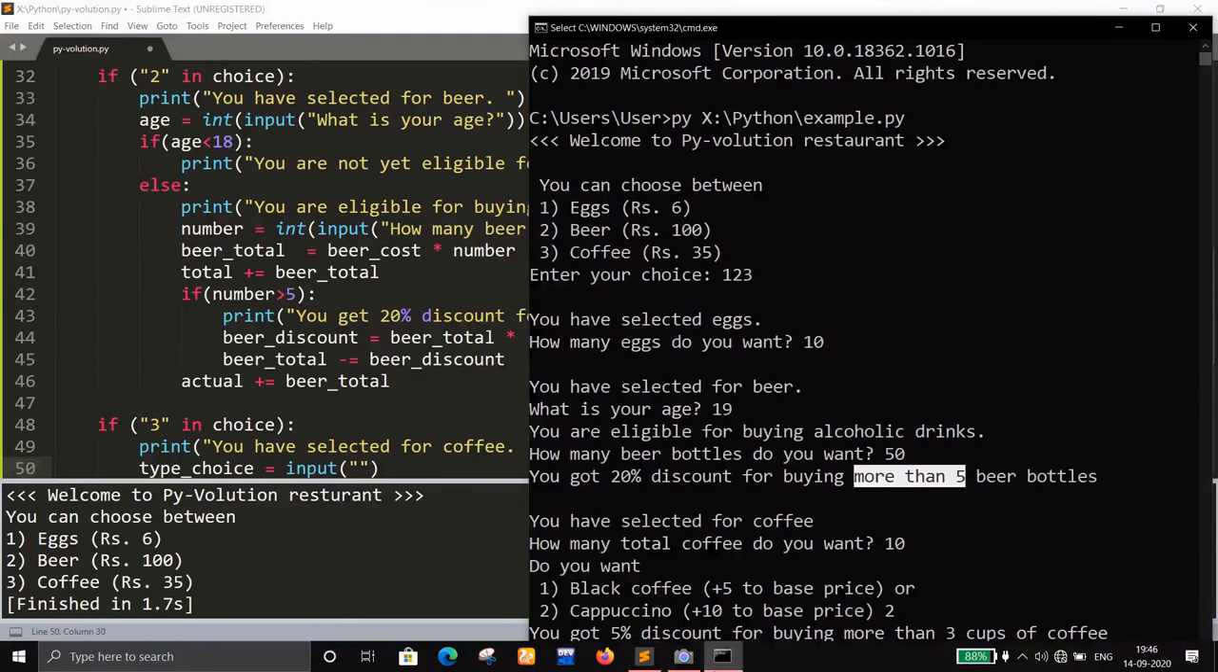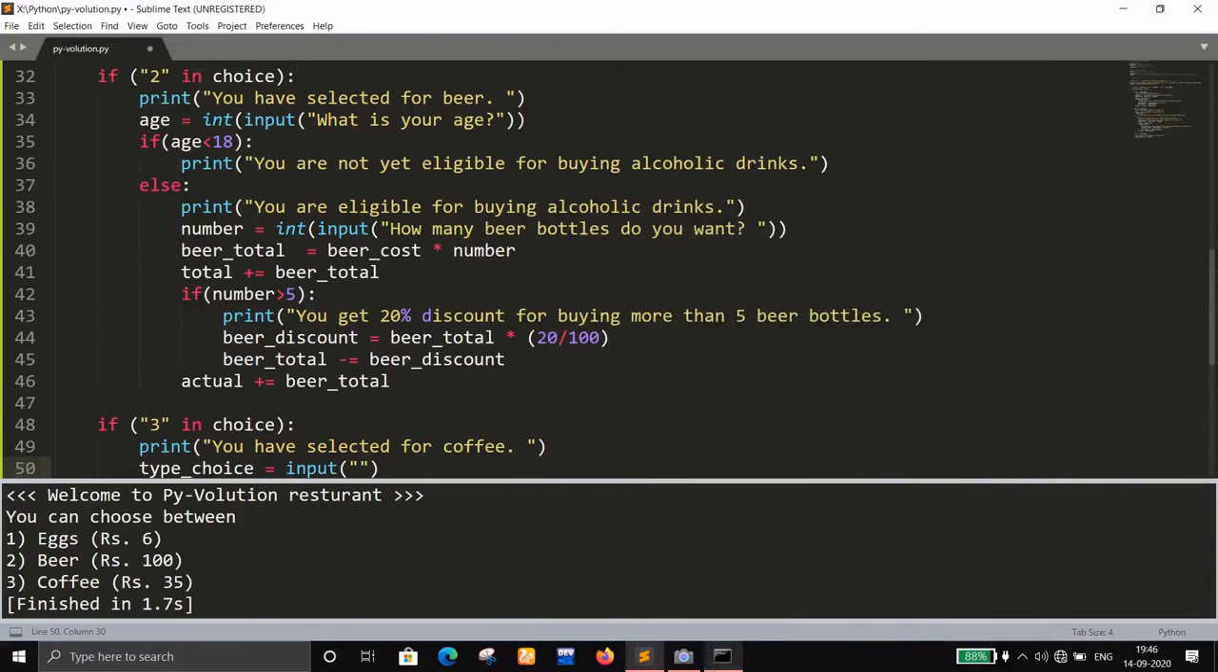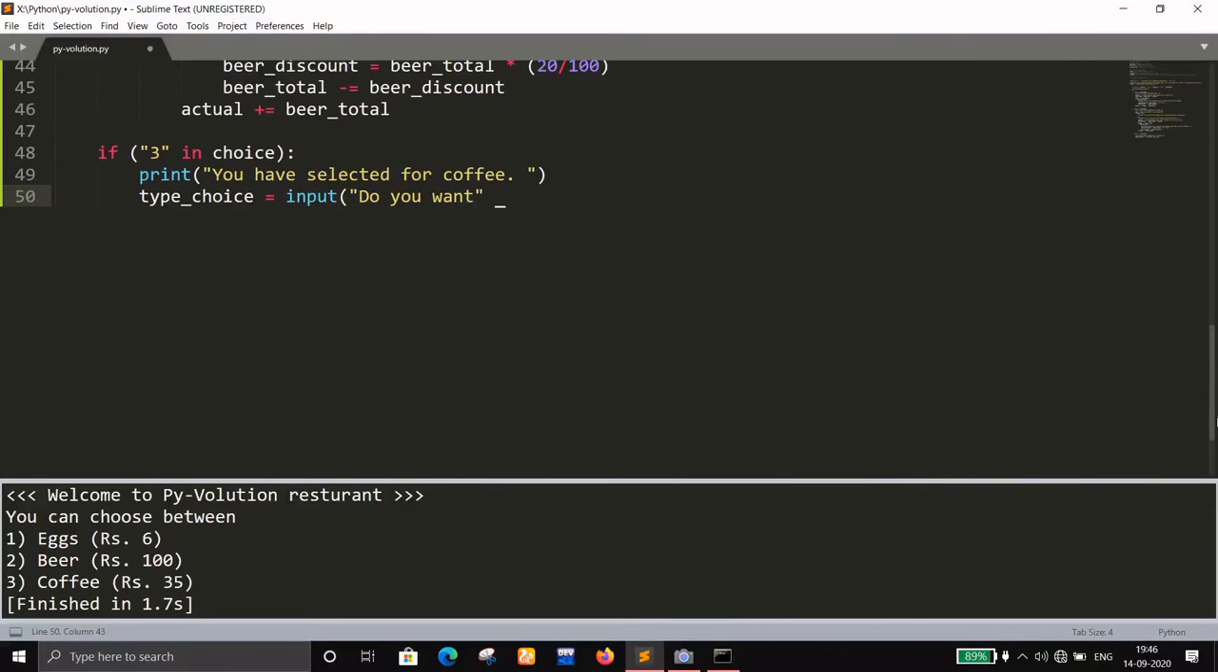Okay, what was the program? So do you want black coffee or cappuccino? So again, do you want... you give this to make the interpreter understand to put another new line. One, black coffee plus 5 to base price, or plus you again put this thing slash n to